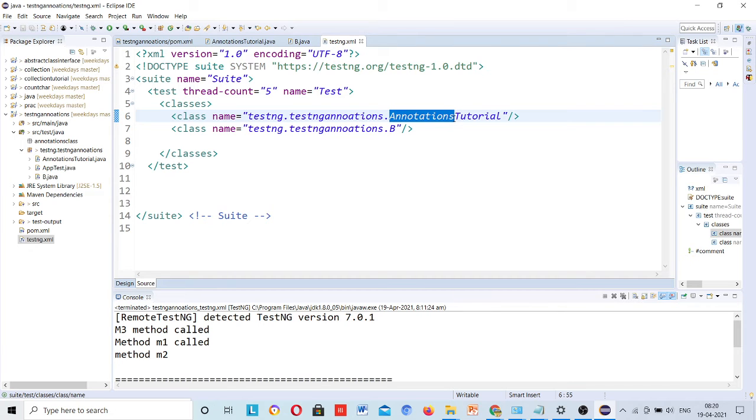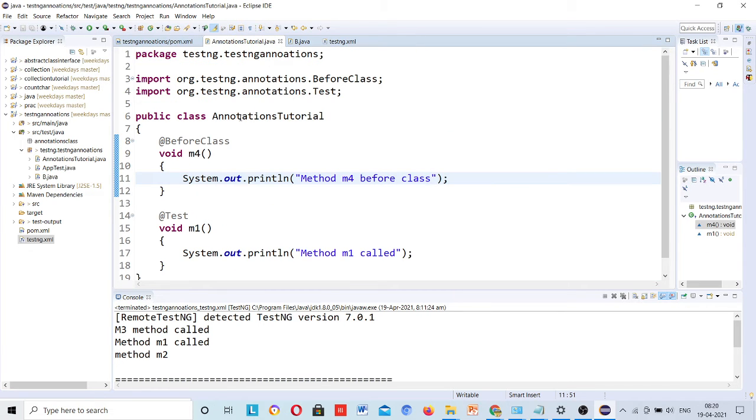testng.annotations tutorial. It will go into this class, and in this class it will find at-the-rate before class. First of all, it will check for any at-the-rate before class when it goes inside a class. It is present, so it will run this.